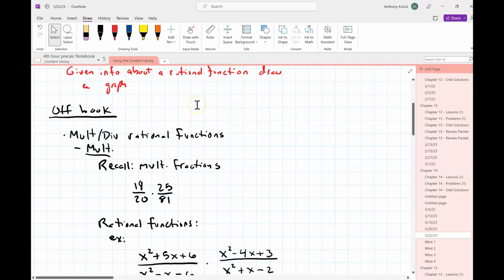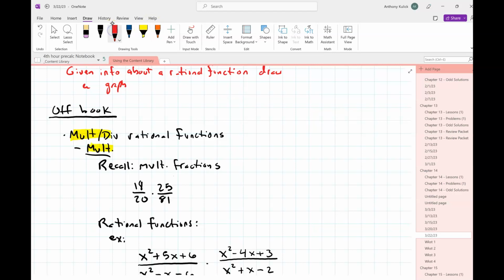Today, we're going to do an off-book topic. This is something ideally you would have done in your Algebra 2 class, but you guys have told me repeatedly you didn't get that far in your Algebra 2 class, so we're going to do it now because it fits in quite nicely with what we're doing as it's about rational functions. So today we're going to talk about multiplying and dividing rational functions as well as adding and subtracting rational functions. So we'll start with the multiplying and dividing piece,